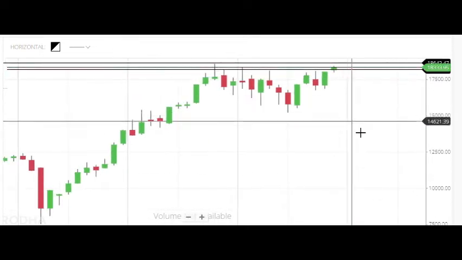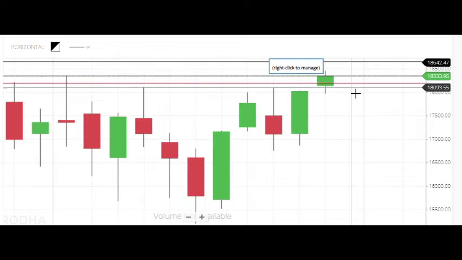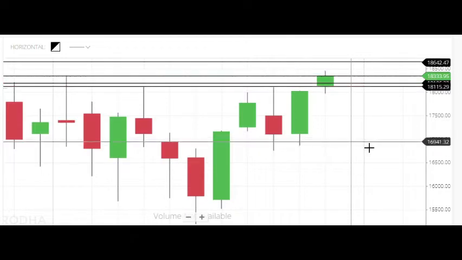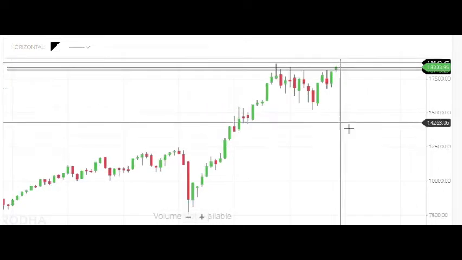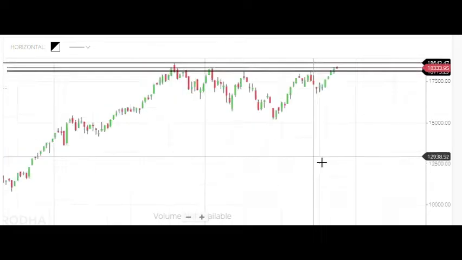Okay, its distance is very short, but that's okay. And the last one, this is another one we'll draw here. Okay, these are the support and resistance levels. It will become much more clear when we proceed to the weekly chart. Okay, on a weekly chart,